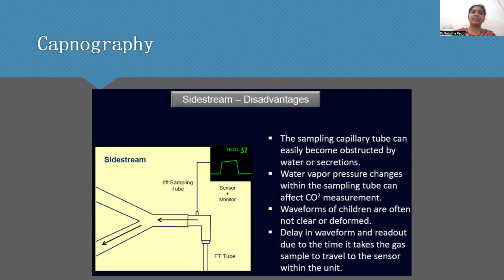Water vapor pressure changes within the sampling tube might affect carbon dioxide measurement. Waveforms of children are often not clear or deformed. That is the reason in children we use a mainstream analyzer. There is a delay in waveform and readout time because the sampling tube is 6 feet long. It takes time to detect the graph on the monitor, as the gas has to travel to the sensor within